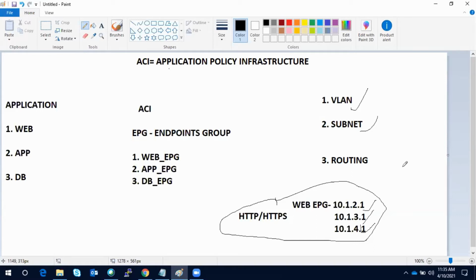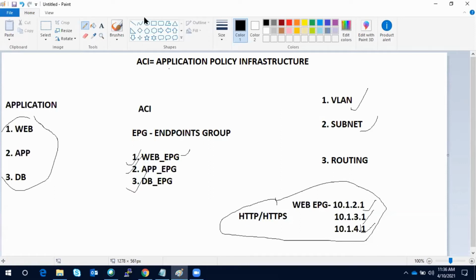But here in ACI we talk in terms of the application layer, the application tier. So we will create 3 EPGs: web EPG, app EPG, and database EPG. And these don't care about the subnet. So one of my web servers can be in 10.1.2.1, and another may be in 10.1.3.1. It does not matter.